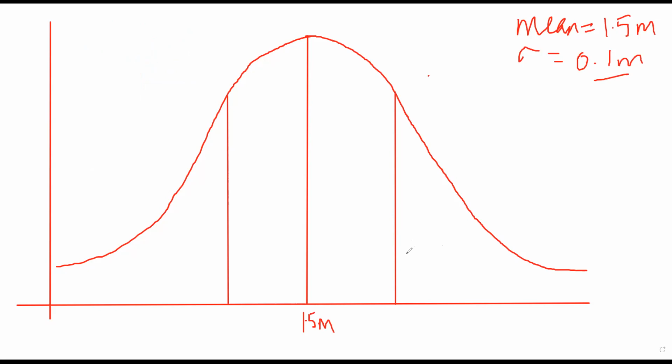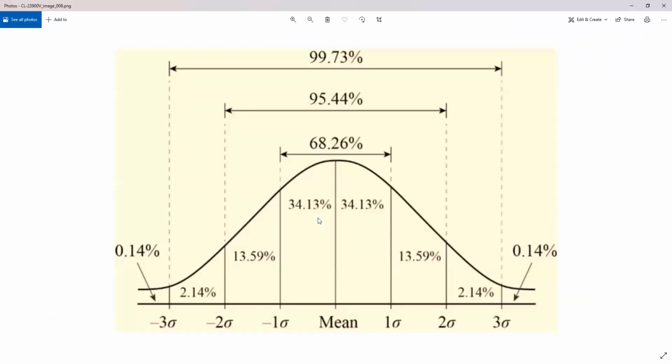It means that at a standard deviation of one, if I take this as one standard deviation and minus one standard deviation, this will be 1.4 meters and this will be 1.6 meters. Most of the girls in that school will fall in this category. In your population, 34 point, यहाँ पर देखो, you'll see it in the graph, 34.1% of the population will be one standard deviation less than the mean, and 34% of the population will be one standard deviation more than the mean.